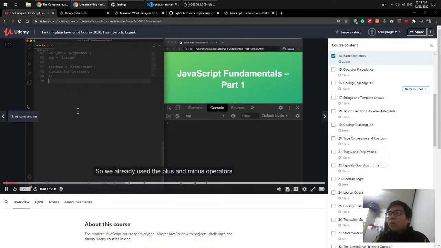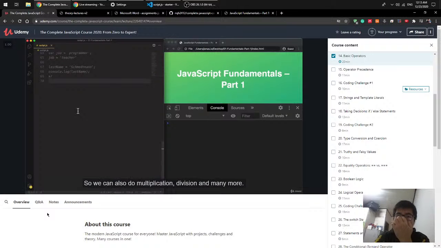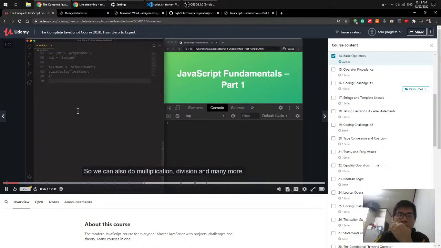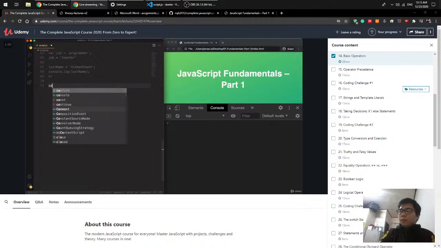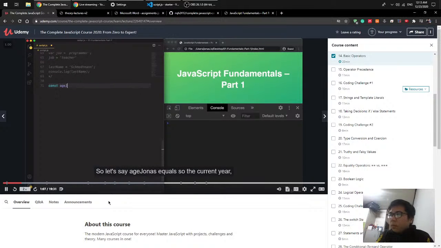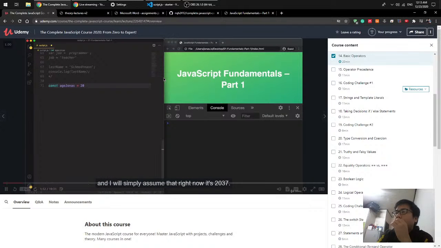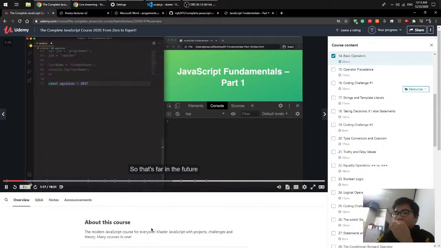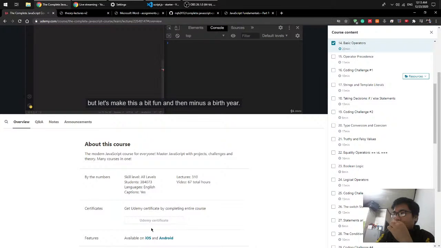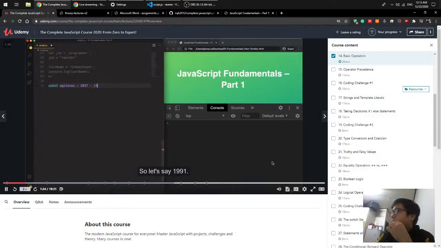So we already used the plus and minus operators, but of course we can do all arithmetic operations. So we can also do multiplication, division, and many more. And let's use the minus operator to calculate ages based on a person's birth year. So let's say age Jonas equals the current year, and I will simply assume that right now it's 2037, so that's far in the future, but let's make this a bit fun, and then minus a birth year. So let's say 1991, okay, and then